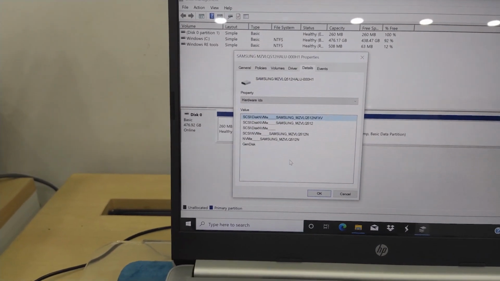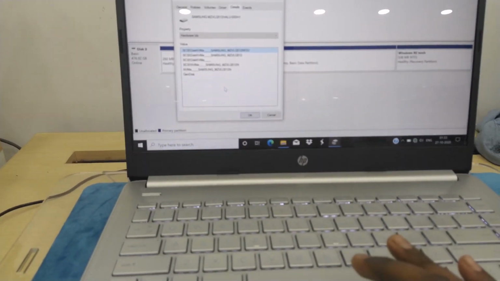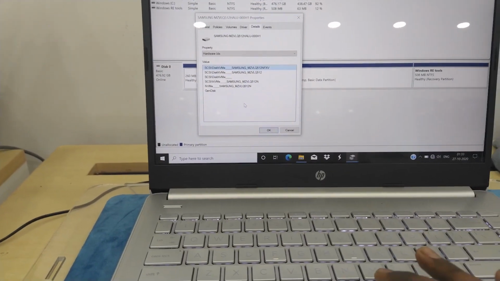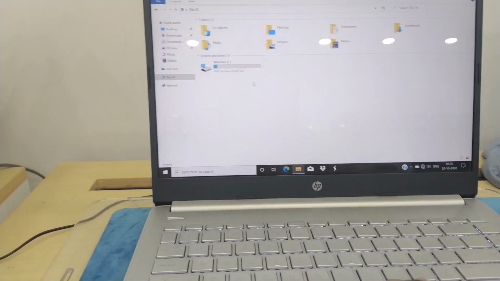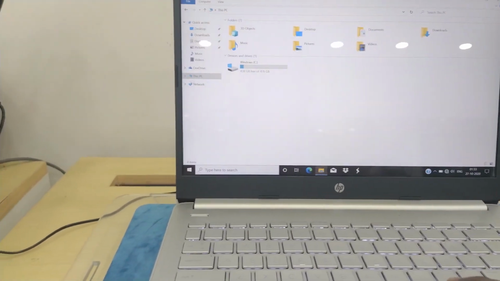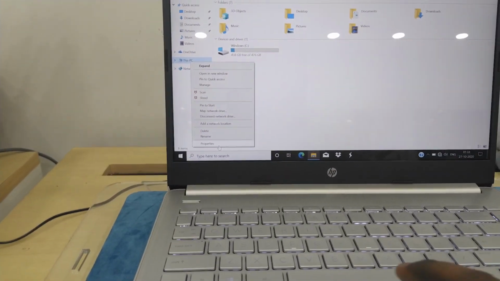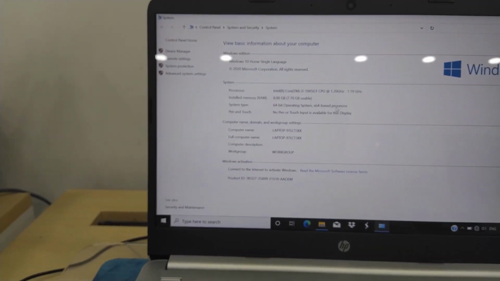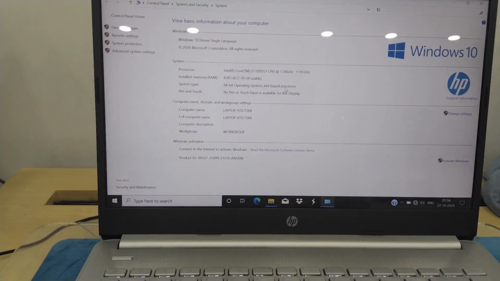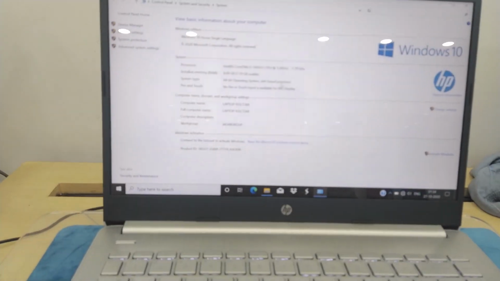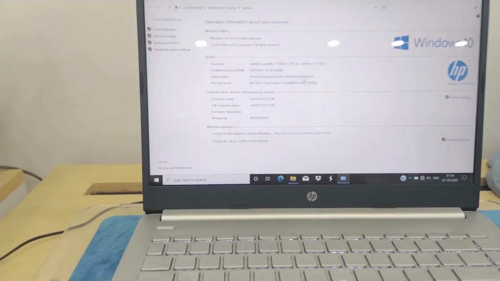Yeah, NVMe, which is a great thing. PCI NVMe, which is a great thing, and this comes with 8 GB of RAM, which is 7.70 GB of usability, powered by Intel i3 10th generation, a basic frequency.